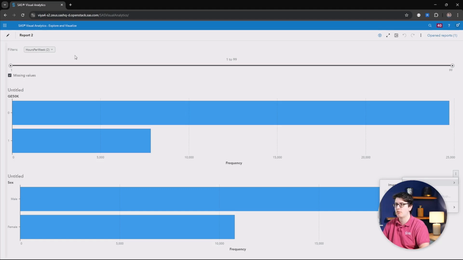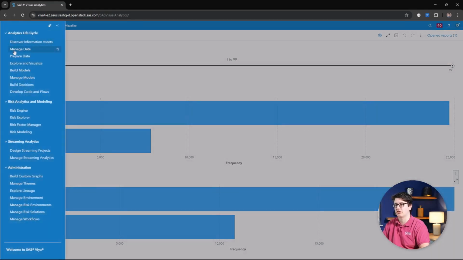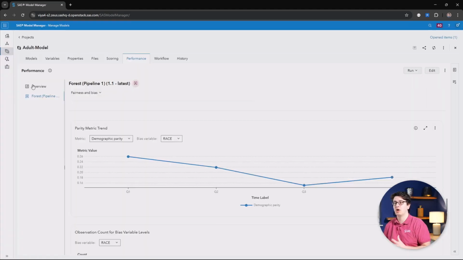Now, let us move on to the second highlight feature, and that being inside of SAS Model Manager. Now, in Model Manager, you can of course monitor the performance of your models and see how are they behaving over time. And we also have already available on the SAS model cards the metrics around the fairness of your model. Well, now these two have been combined, and you can also track the fairness and the bias of your model with the performance report,